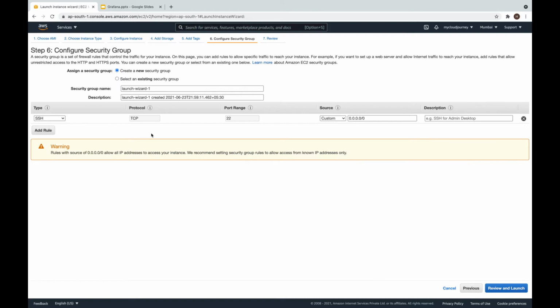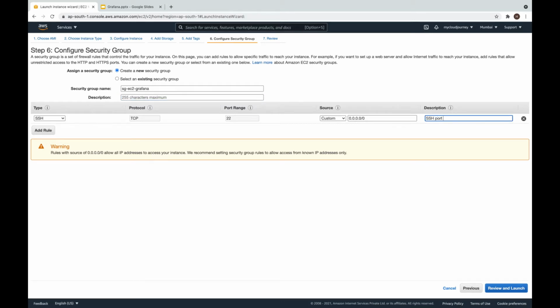Configure security group. I'm going to give it the name SG EC2 Grafana. I will keep the description empty, and I want to access this machine from my local machine, so we'll keep the source 0.0.0.0/0, which means from the internet.